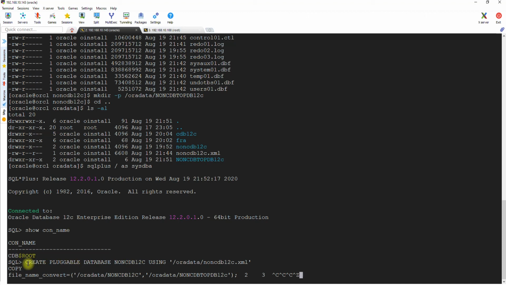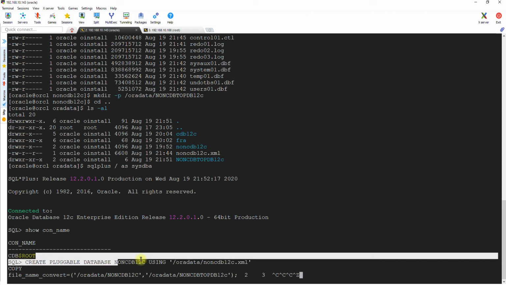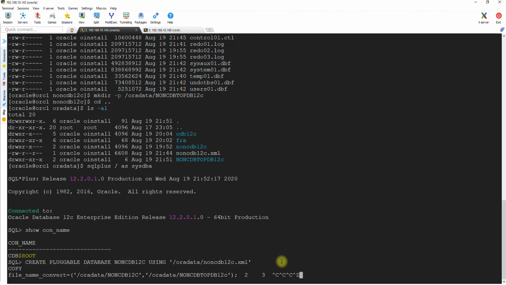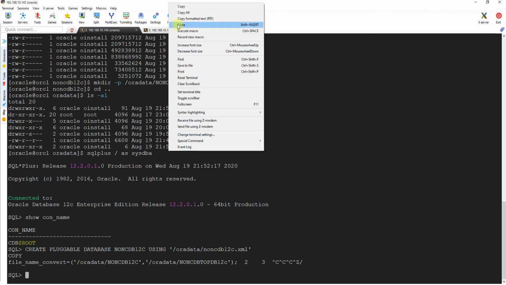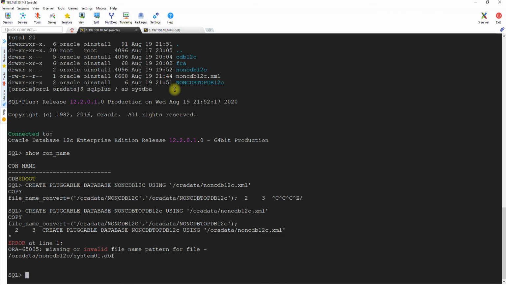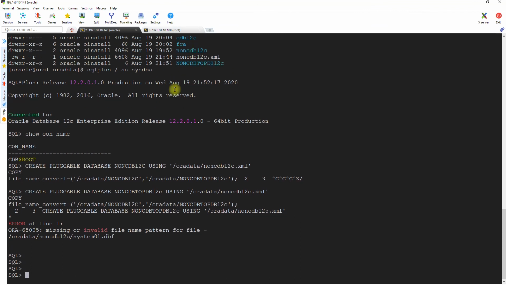What I'm doing is creating a pluggable database with this name. I want it to be created with this particular name. It did not run, so I'll change the name in my notes. Okay, I changed it. Let's run it again.